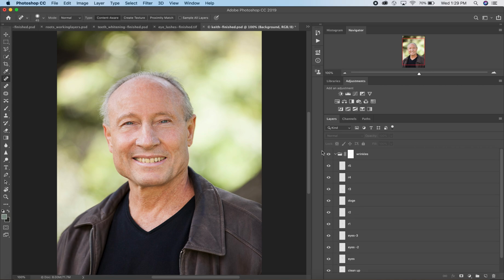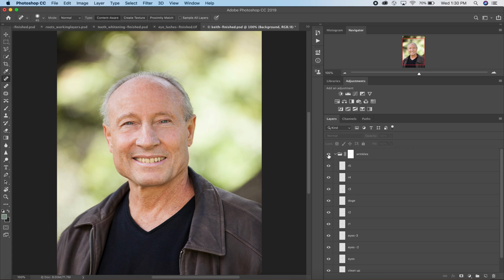So if I just turn off the visibility of all of these layers by hitting the top visibility, you can see that it turns all those layers off,